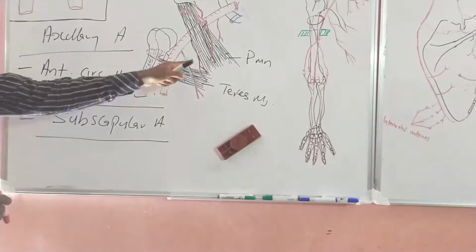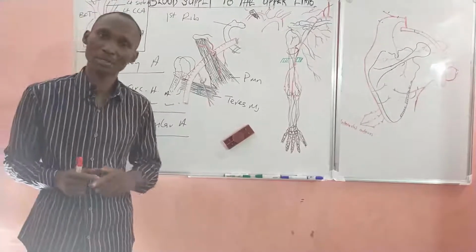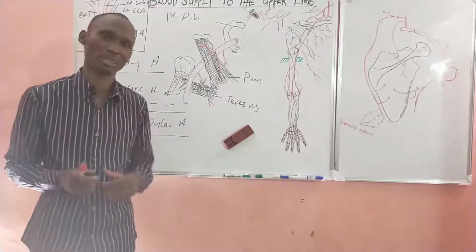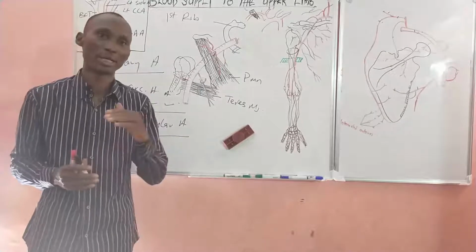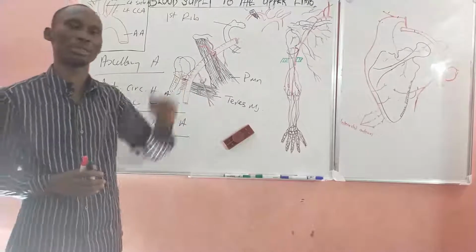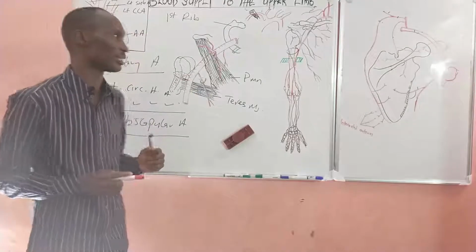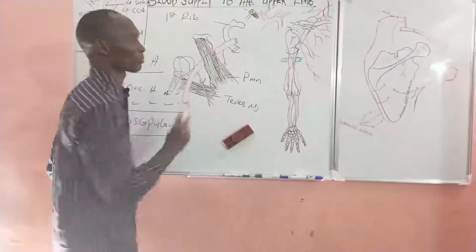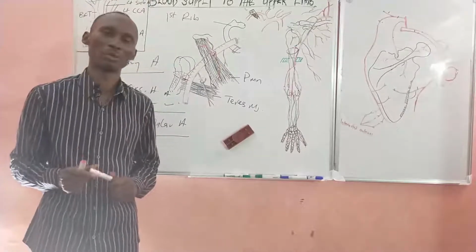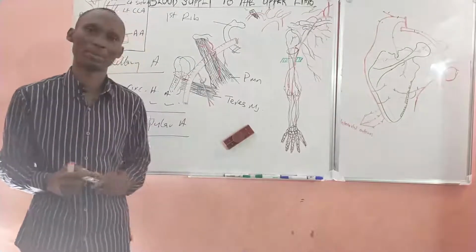The circumflex scapular artery will pass through the upper triangular space. If we can recall, the nerve structure that passes through a triangular intermuscular space is the radial nerve, and that is the lower triangular space. The circumflex scapular artery passes through the upper triangular space and then accesses both the infraspinous fossa and the subscapular fossa as it gets prepared for the anastomosis that happens in the scapula.